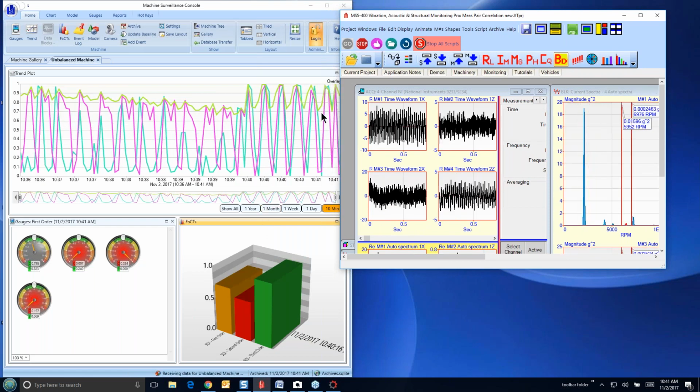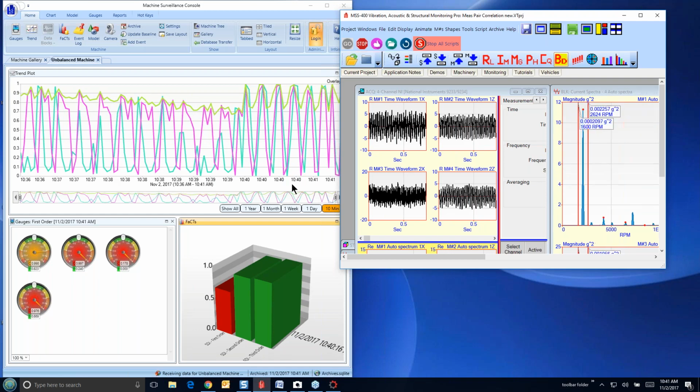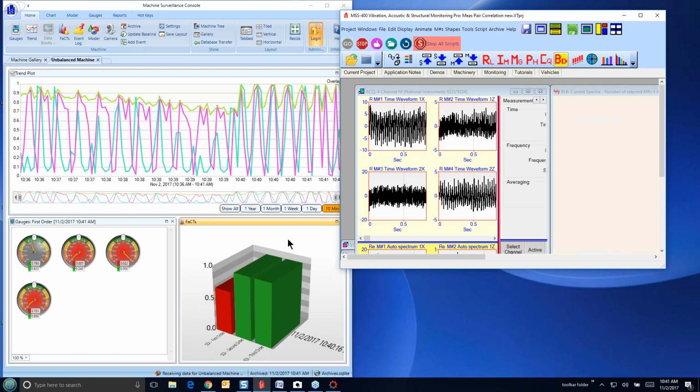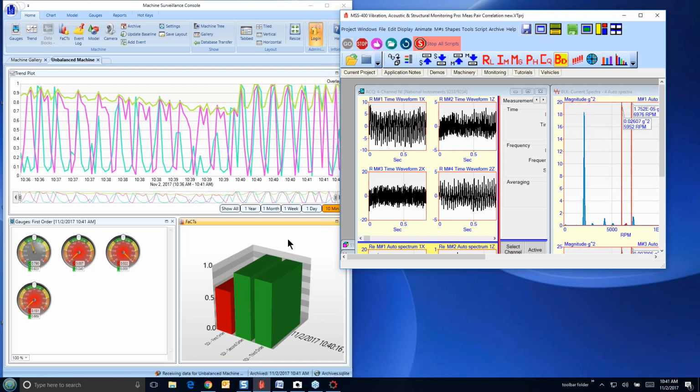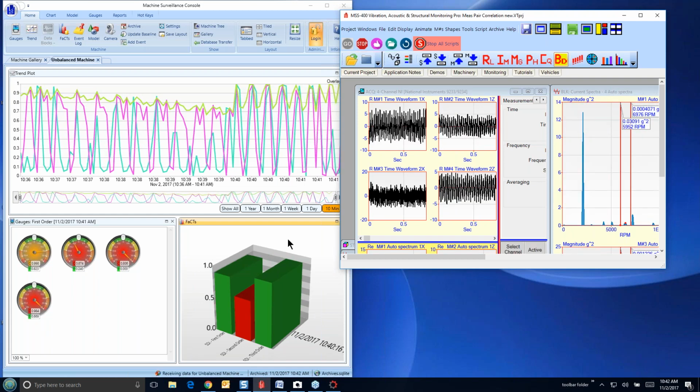But you can see quite a variation here. This is a very strong indication of how well these measurements on this running machine are matching up as I take new data and compare it with the baseline.